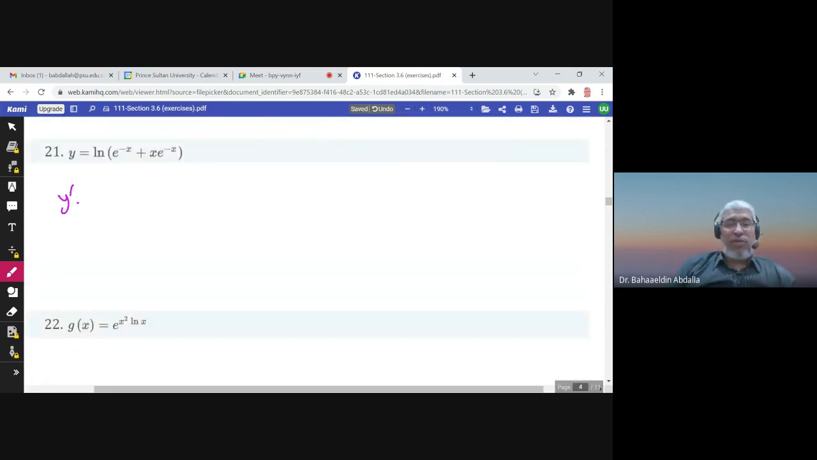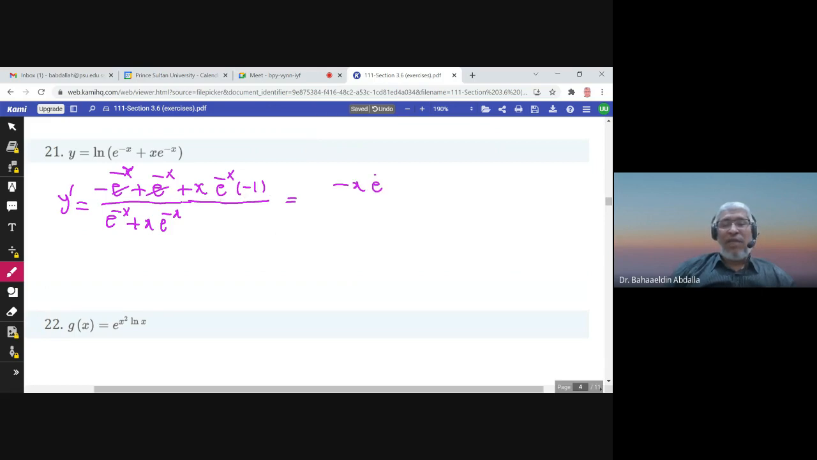Again, I have a composition. So y prime would be 1 over this times the derivative of this. Derivative of e to the power negative x is this one. And now here I have a product. Derivative of x is 1 times the derivative of e to the power negative x, which is this one. Notice I have here negative e to the power negative x plus e to the power negative x. They cancel. So finally I have negative x e to the power negative x over